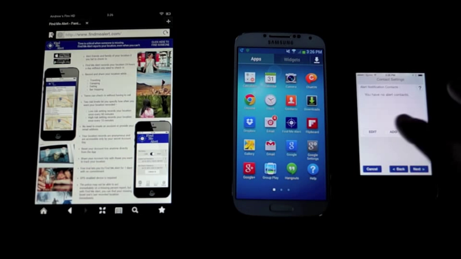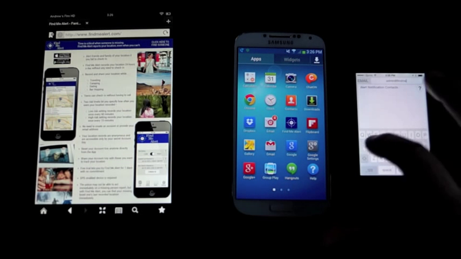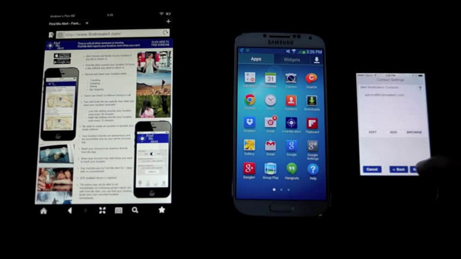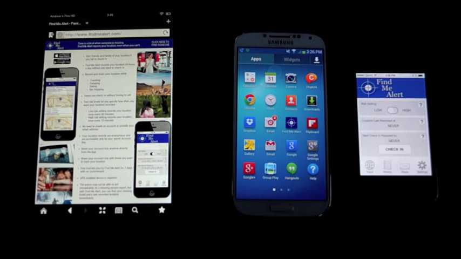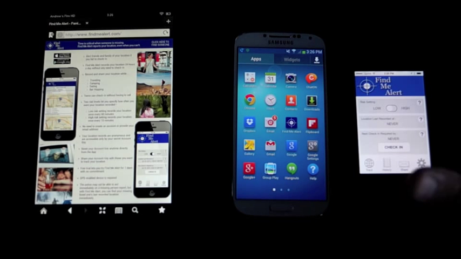And I need to add an alert contact. I'm going to go ahead and add admin at findmealert.com. I'm not going to preview the message, but I could see what the email would look like that it would send if I enabled check-ins and I failed to check in. I'm going to leave the default settings for check-in time intervals, and I'm on a free trial, so that's fine. Okay, so now I have configured the iPhone 4S,